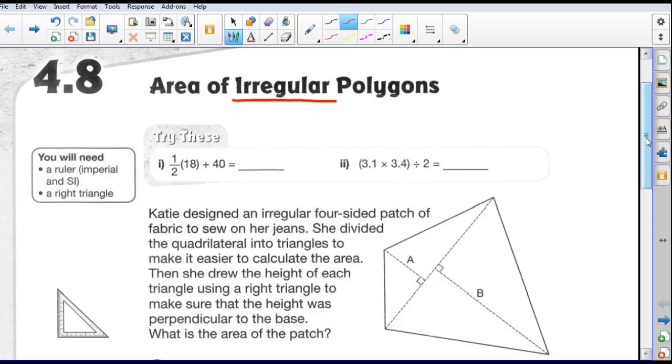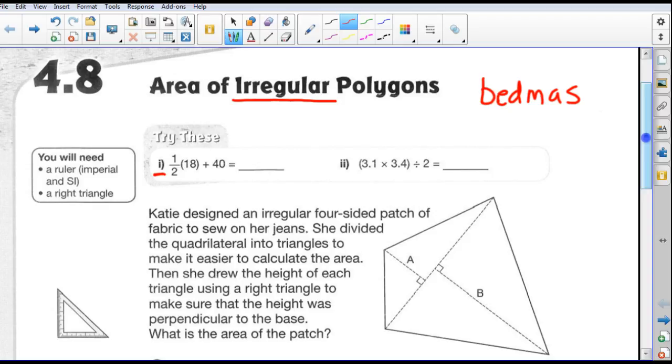1/2 times 18 plus 40. Now you have to remember your order of operations that you learned from junior high, BEDMAS. I'll just write that acronym right here, BEDMAS. You've probably heard it before. B stands for brackets. This is the order that we have to do the calculations in. B for brackets, E for exponents, D for division, M for multiplication, A for addition, S for subtraction. That's the order. So when we're doing number 1 right here, 1/2 times 18 plus 40, we have to do